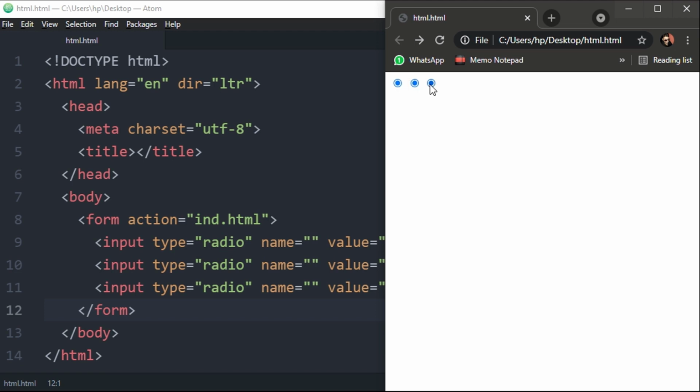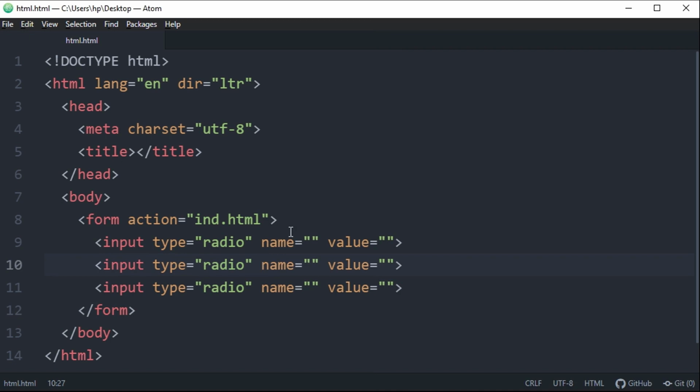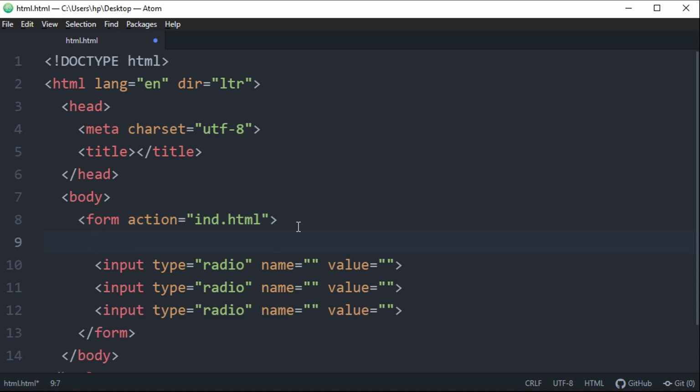Most of you might have taken exams with multiple choice questions, so you can use these radio buttons in multiple choice questions, and you can use these radio buttons in a web form to give users options to select between given options. For example, when we ask about the user's gender in a web form, whether the user is male or female or other category, we can use these radio buttons.